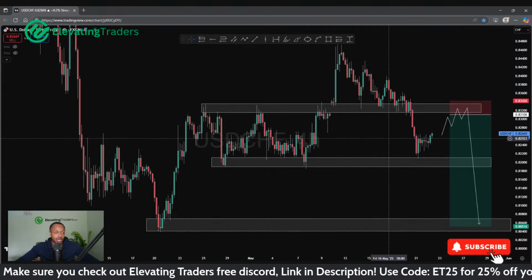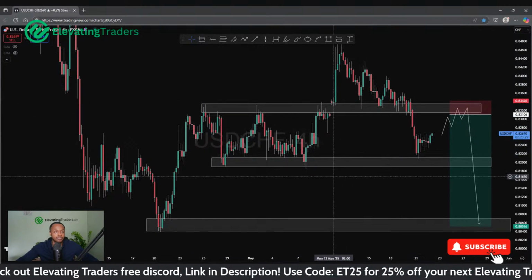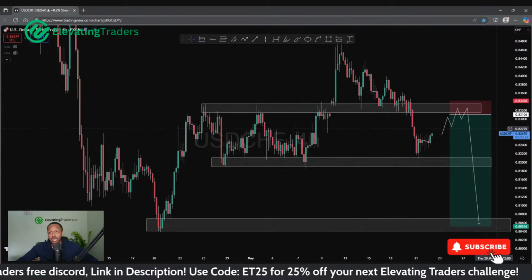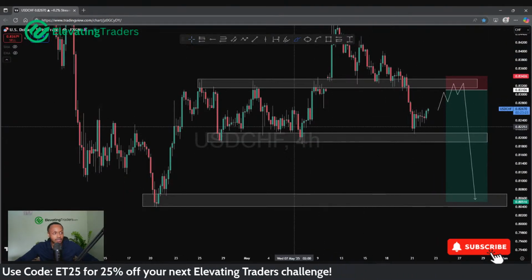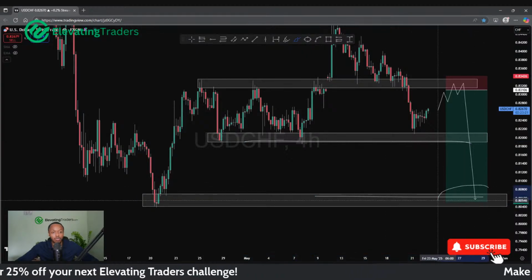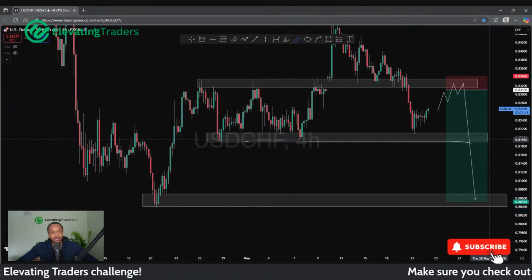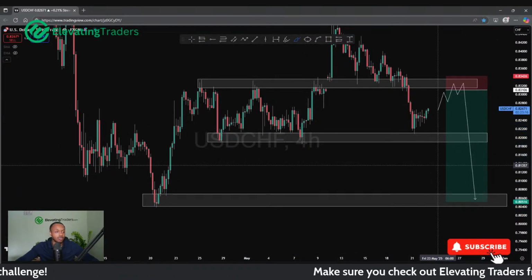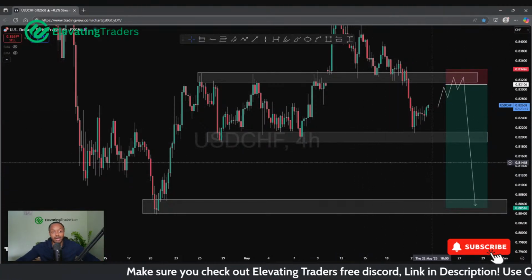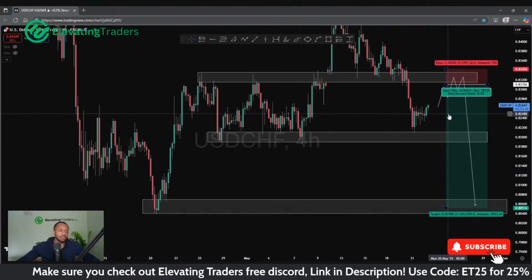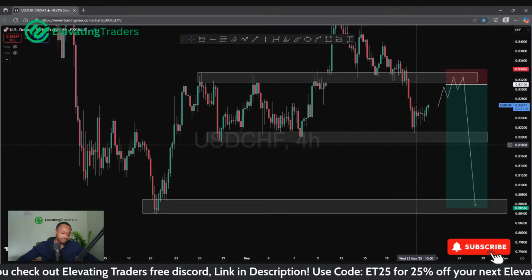Rejection on multiple occasions and healthy rejection too, I think it could line up really, really nice shorts there to take it back down. And then depending on how aggressive you want to be, you've got targets there or targets there. I'll probably be looking for the bigger target, but I would secure at least some partials there at the least, just because that could very well take price up against me. But I do think the bigger move is the likely one as well.